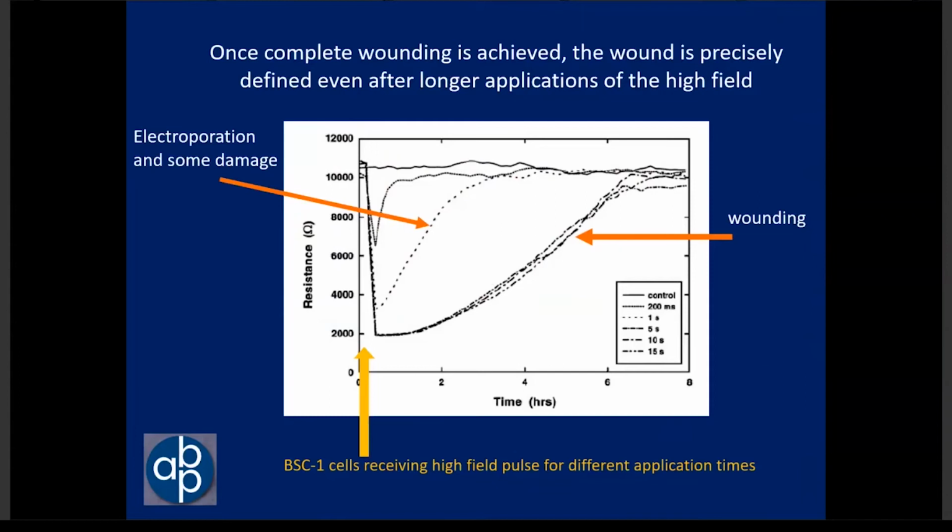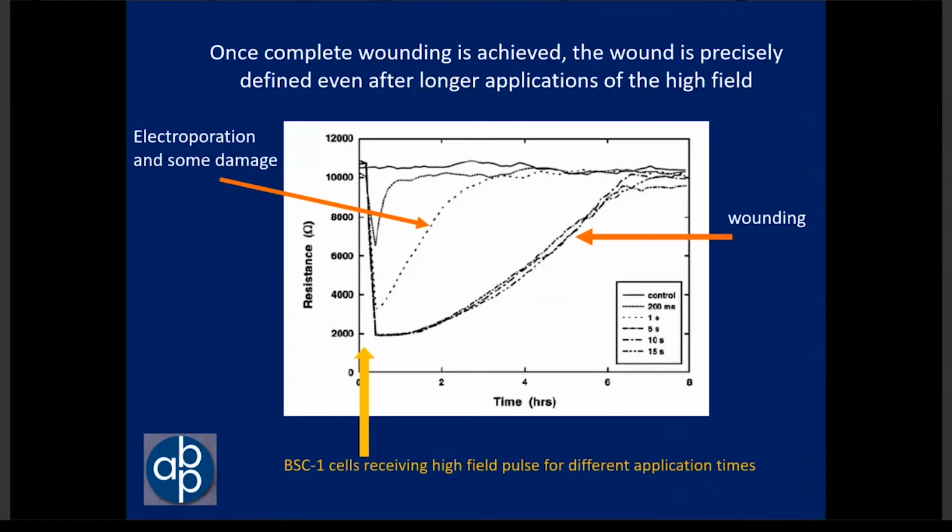Again, they receive a high field pulse shortly after the start of this run, and that pulse is applied for different periods of time. The first one where it drops and comes back is 200 milliseconds. The one with the orange arrow is 1 second. And then the other 3 are 5 seconds, 10 seconds, 15 seconds,